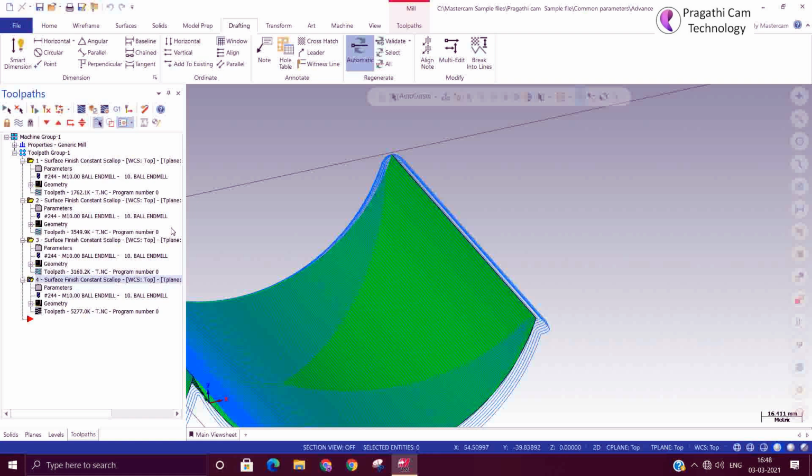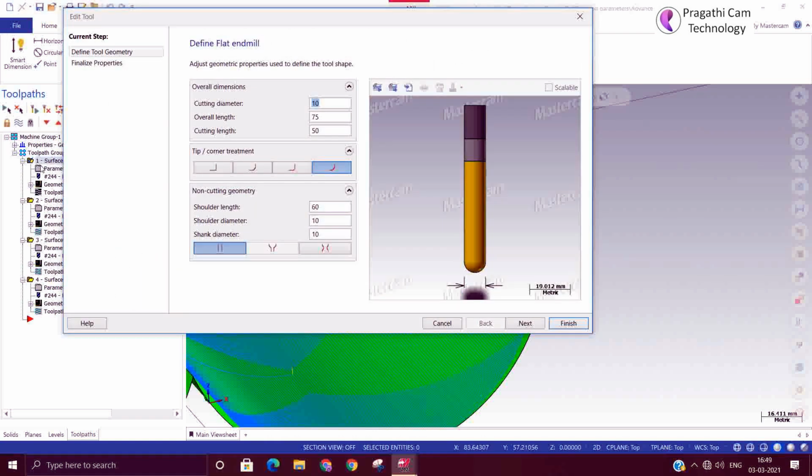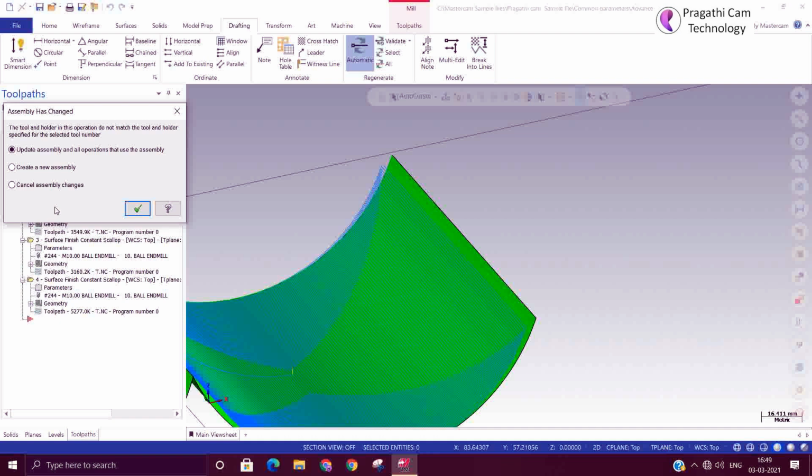So people never touch this area, because the reason behind it is that people don't know the use of these three strategies. So now I will try to explain all three strategies and how they are going to function or behave while making the toolpath.